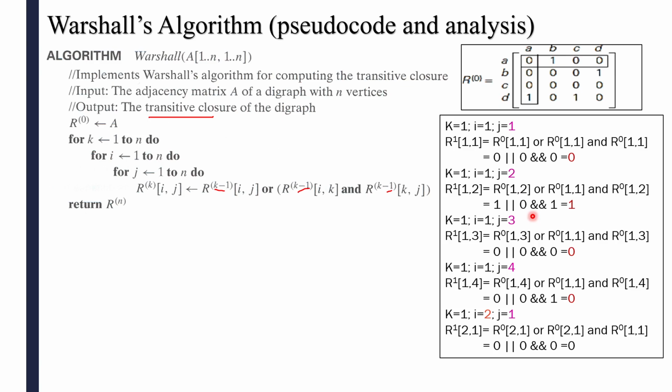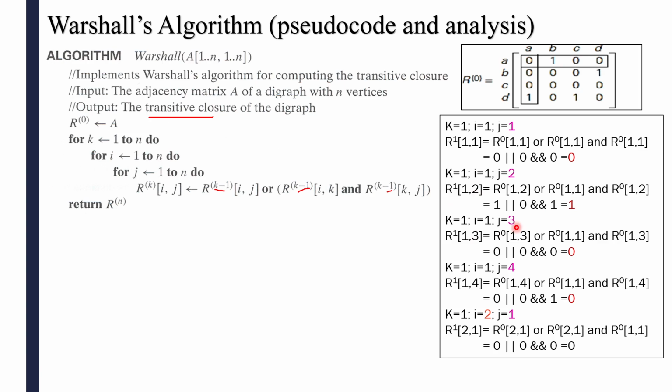So now we have 0 and 1, which is false and true. 0 and 1 means it is 0 only. But 1 or 0, then you get the output as 1 here. You can take it like this also: 1 or 0 means true or false. This is true and this is false. In logical OR you know that 1, 0 means it is 1, and 1 means it is 1 only. So now the value in the first row, second column is 1 here.